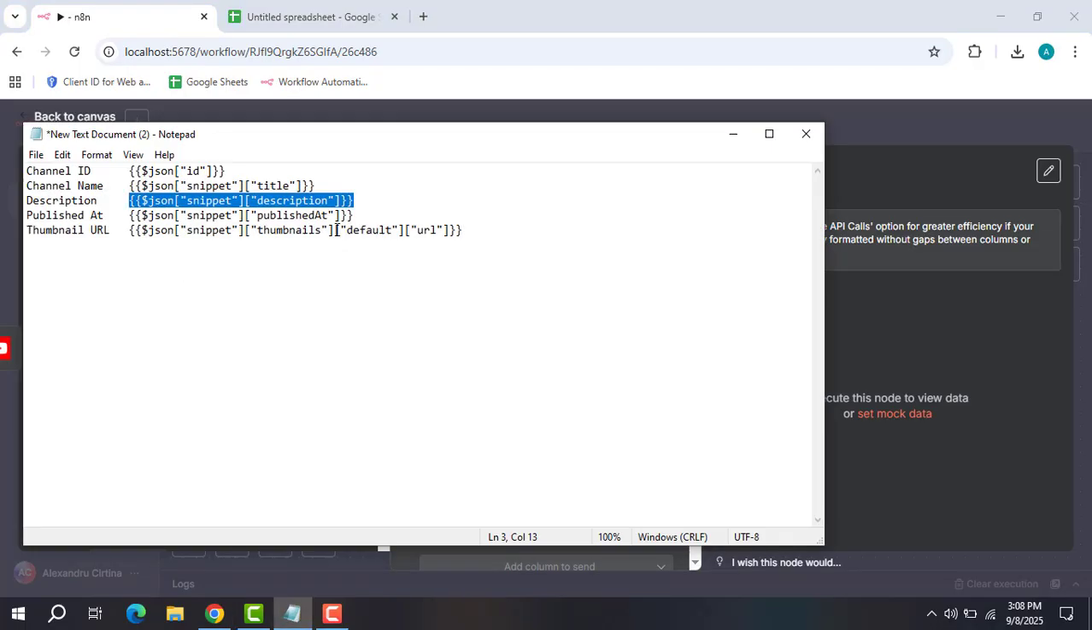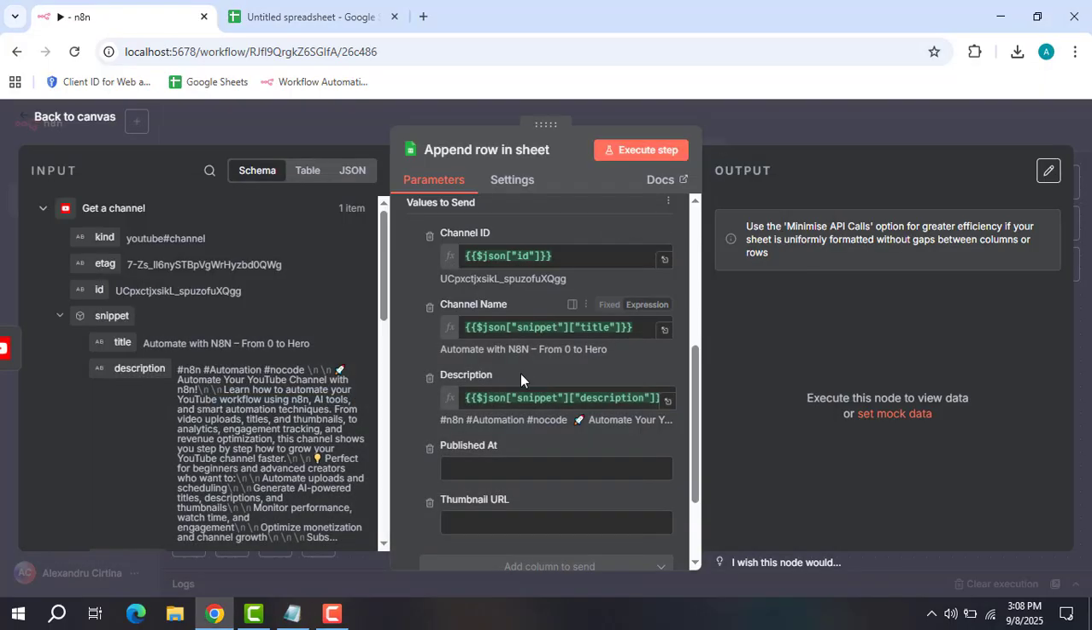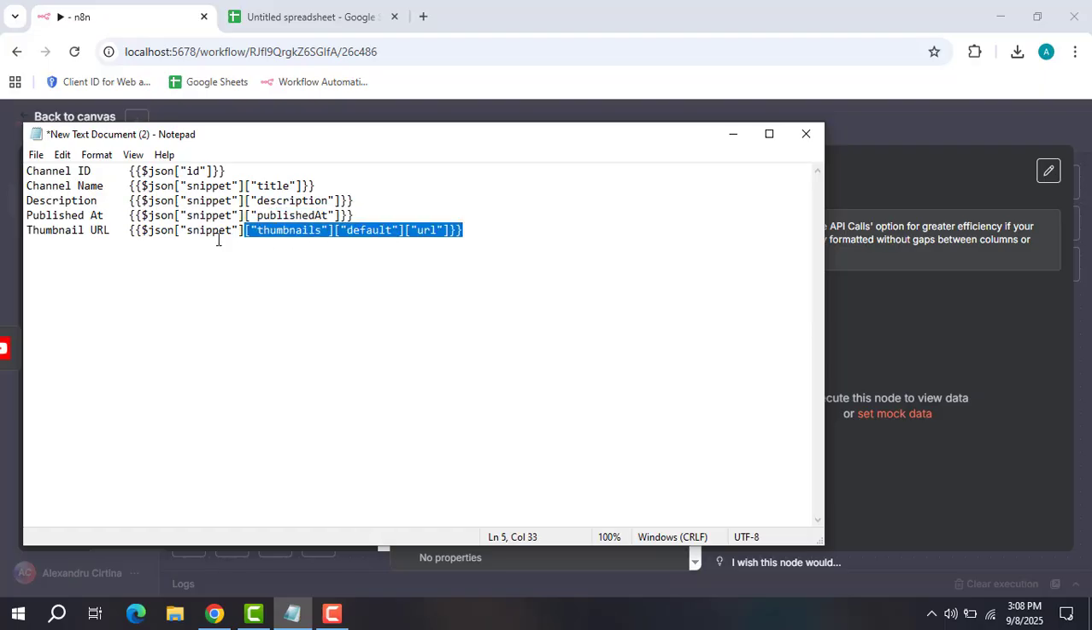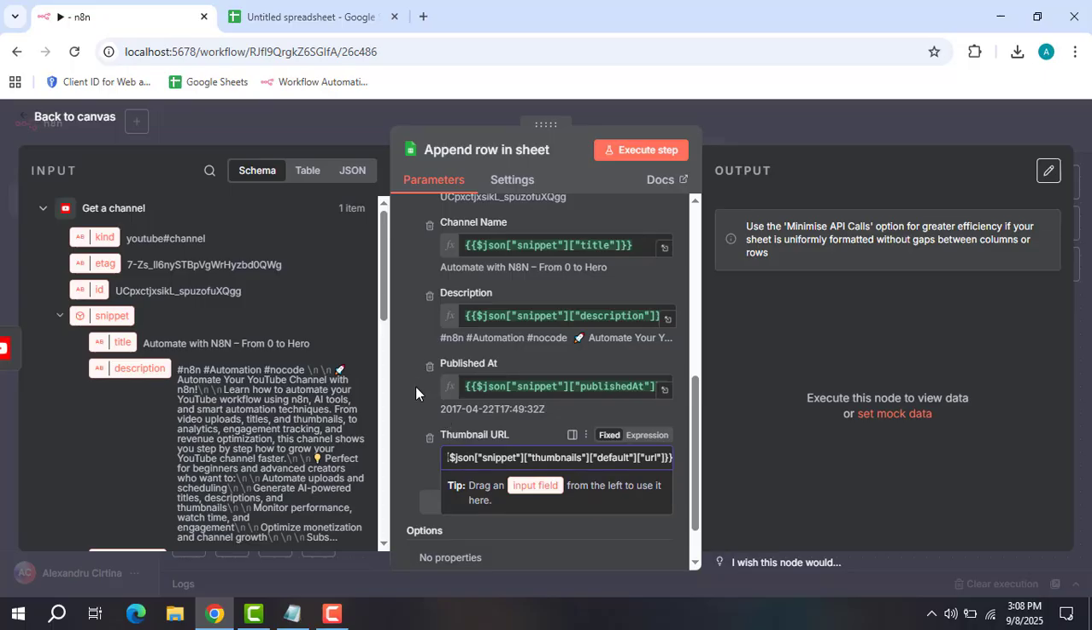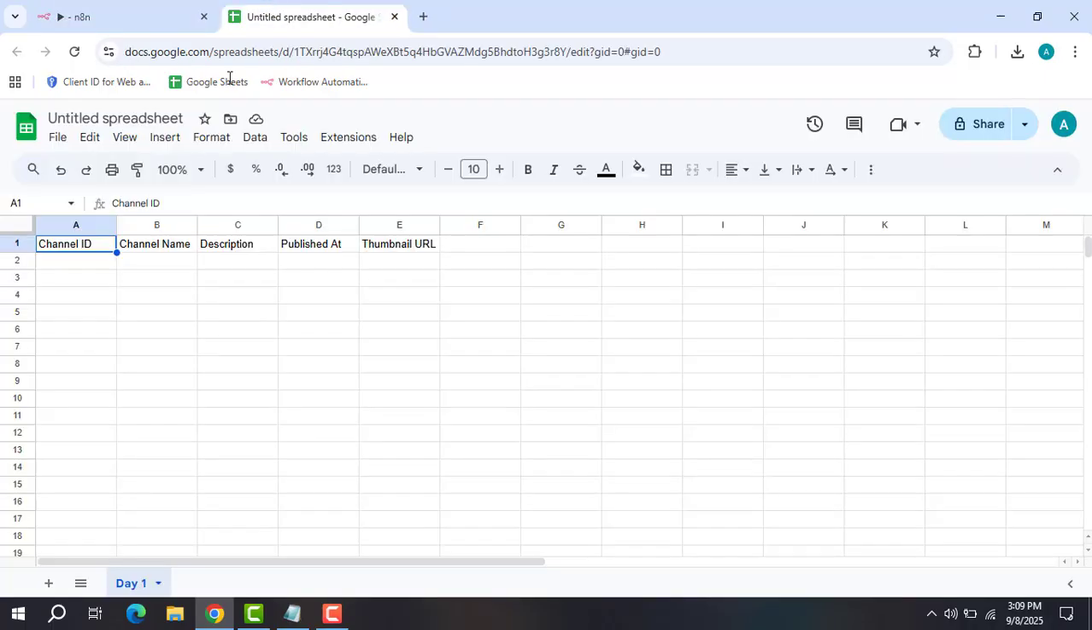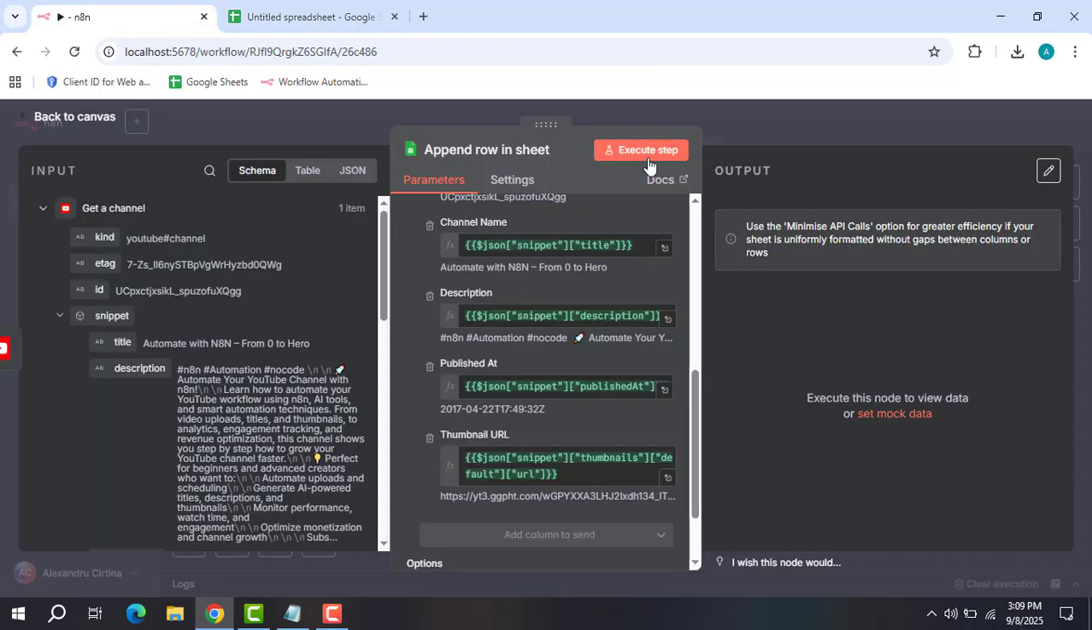Okay, publish date, to see the time. Again, expression, and finally the thumbnail URL. Let's copy, paste. Also expression. Now you see here you don't have anything, and after execute,